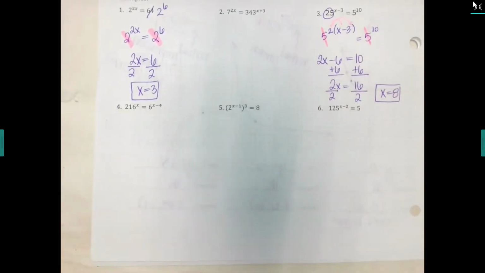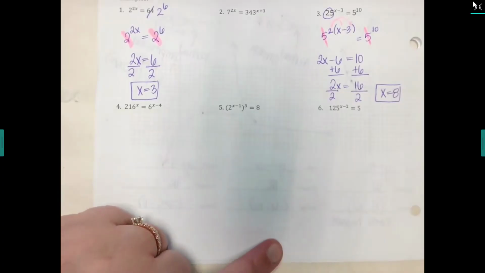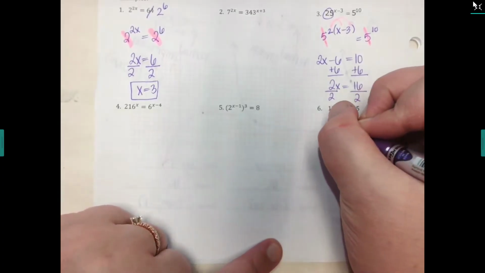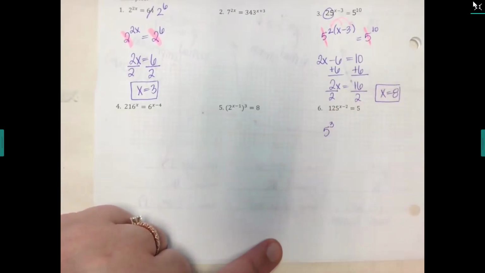All right, let's do one more like that. Take a look at number, let's do 6. Okay, which of my bases is smaller, 125 or 5? 5. Then I want to turn 125 into a base 5. So remember, big can be changed to match small, not the other way around. So in your 5's chart, what is 125 the same as? 5 cubed. Very good. And what do I do with the old exponent? Group it in